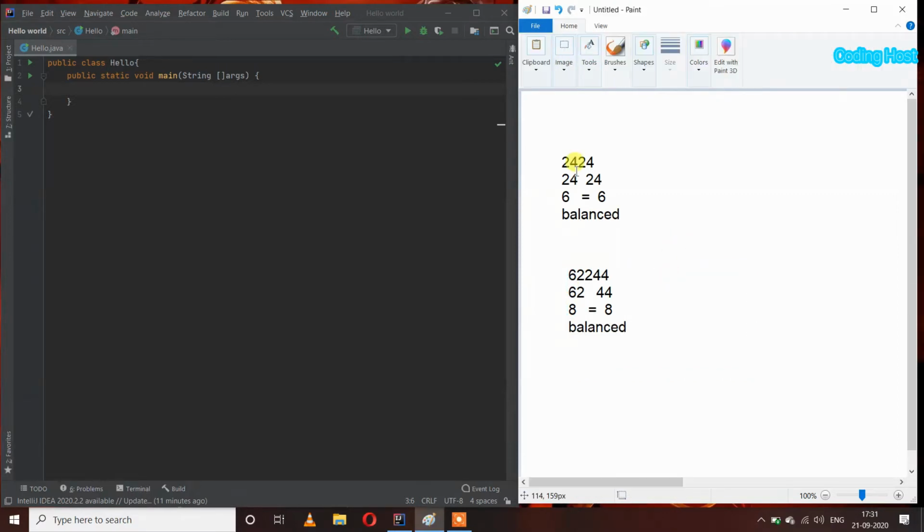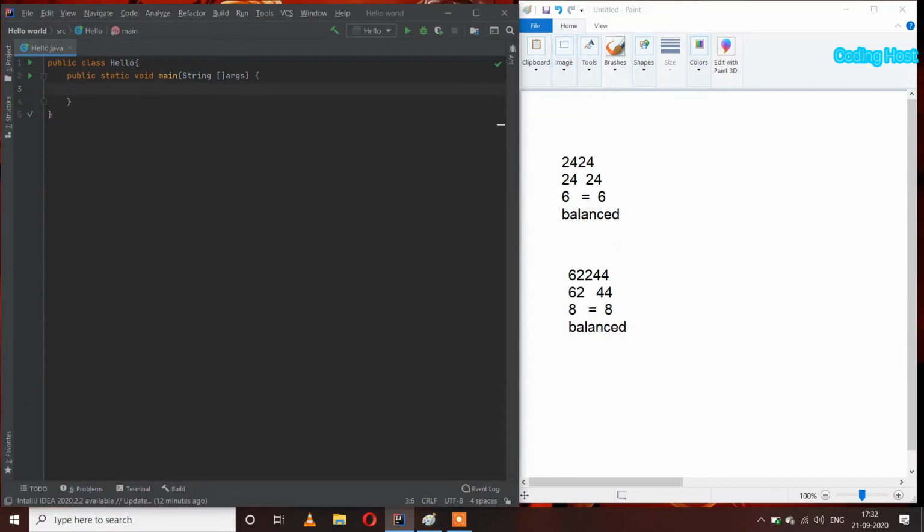So in the program we have to handle two types of numbers, one with an even number of digits like 4, 6, 8, 10, and one with an odd number of digits like 5, 7, 9, 11, and in that case we don't have to take the middle digit. So first I will write the program and then I will explain it to you.